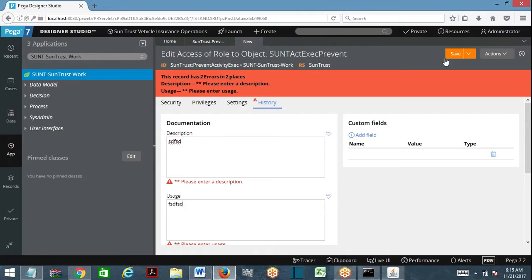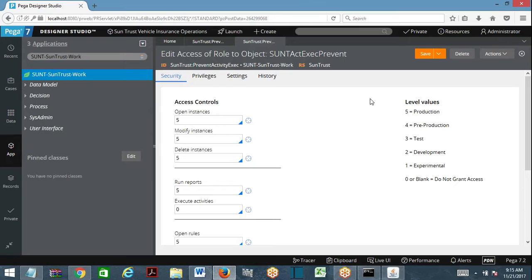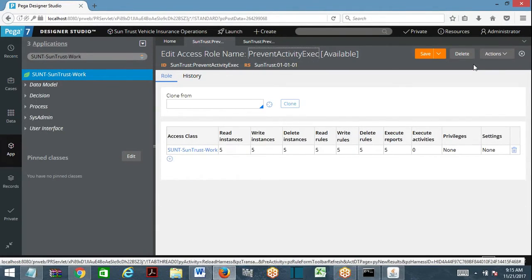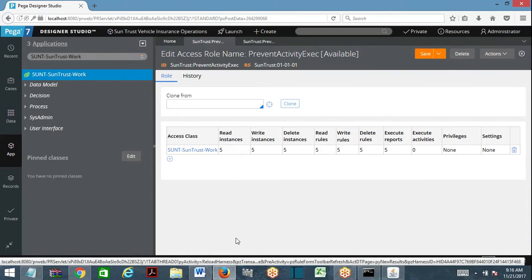Okay, history tab is mandatory for a class like this. So role to object and role is given. Okay, so now I am going to go back to role name. Just refresh this. Do you have role to object added automatically? Role to object is added. So you can do it either way. You can click on the plus icon and define here. Otherwise, you create a role name, create a role to object and select the role name in role to object, save it and save everything, refresh, and it will be automatically linked.